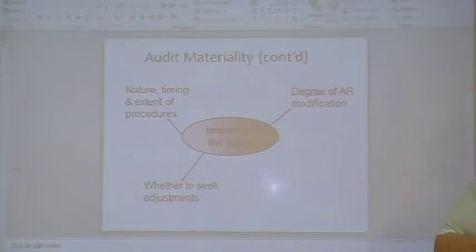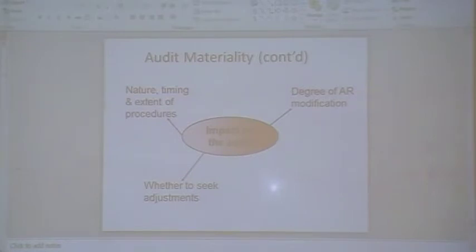The concept of materiality: its effect on judgments and decisions of users. The auditor considers materiality when determining the nature, timing and extent of audit procedures, so what kind of testing it's going to do, and when evaluating the effect of misstatements on the fair presentation of financial statements. It's all the same materiality we're looking at and its effect on our audit. So you always think of materiality and the impact it's going to have on our audit. That's what we're thinking about all the time.